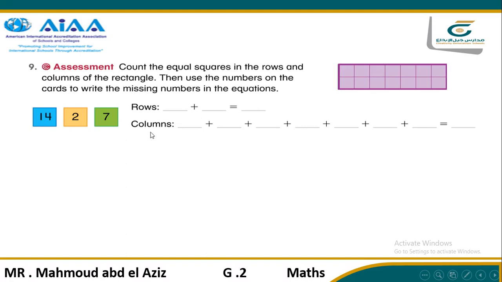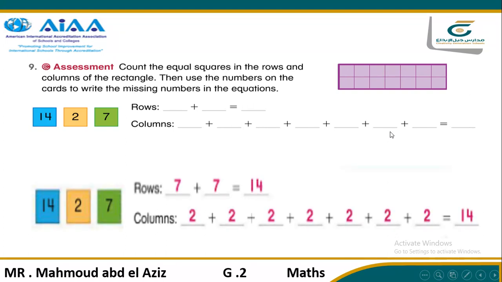What about columns? How many columns here? It's 1, 2, 3, 4, 5, 6, 7. In each column, how many squares? 1, 2. So you will add 2 seven times. 2 plus 2 plus 2 plus 2 plus 2 plus 2 plus 2, which equals, excellent, 14 also. So here we write 7 plus 7, which equals 14, or you can write 2 seven times, which